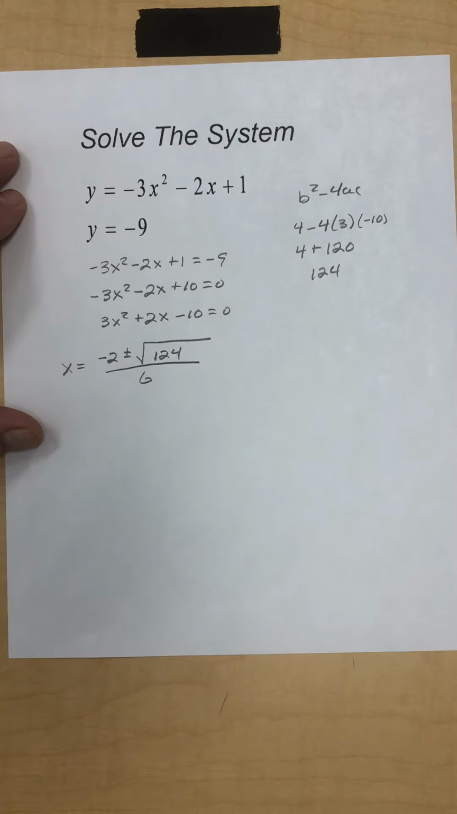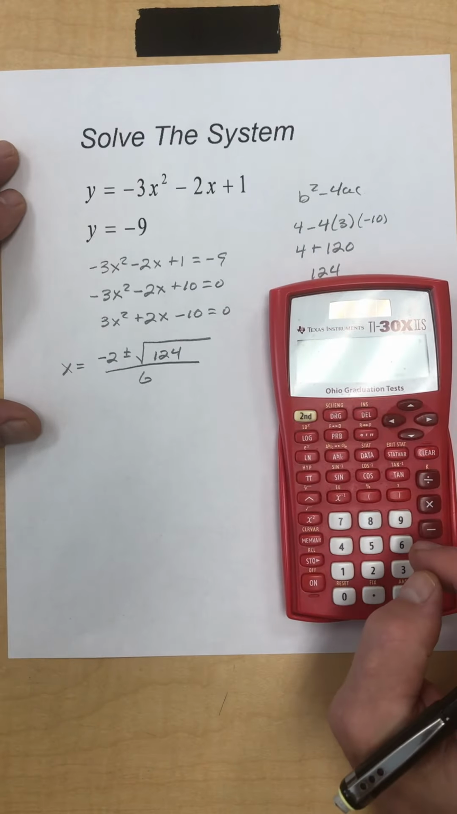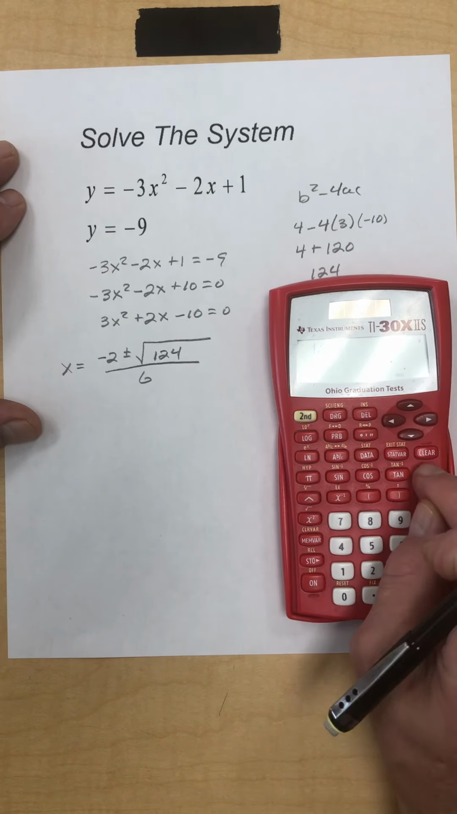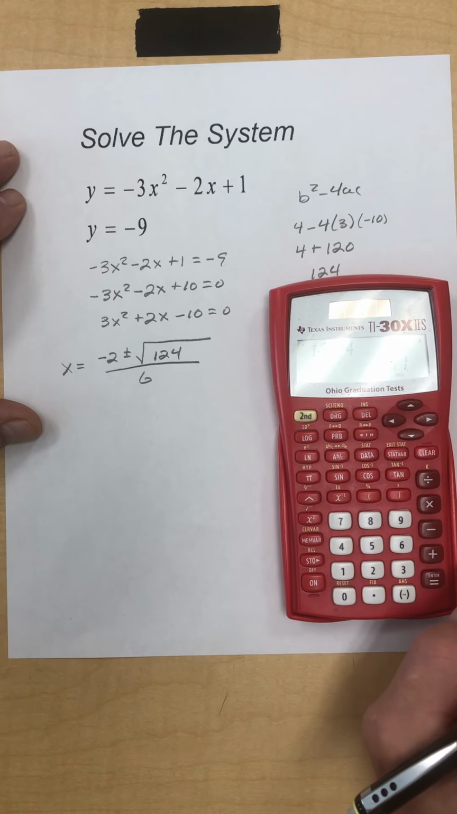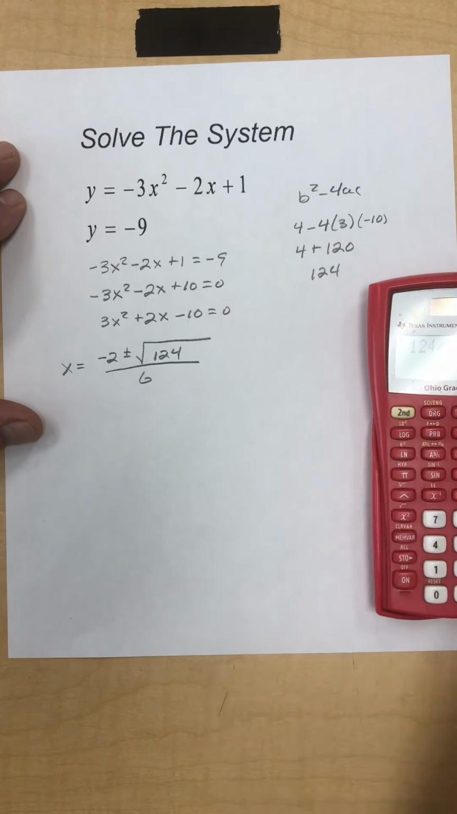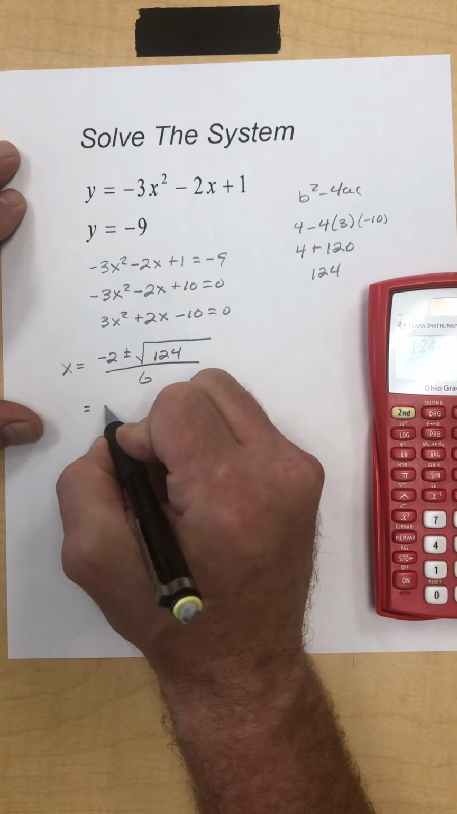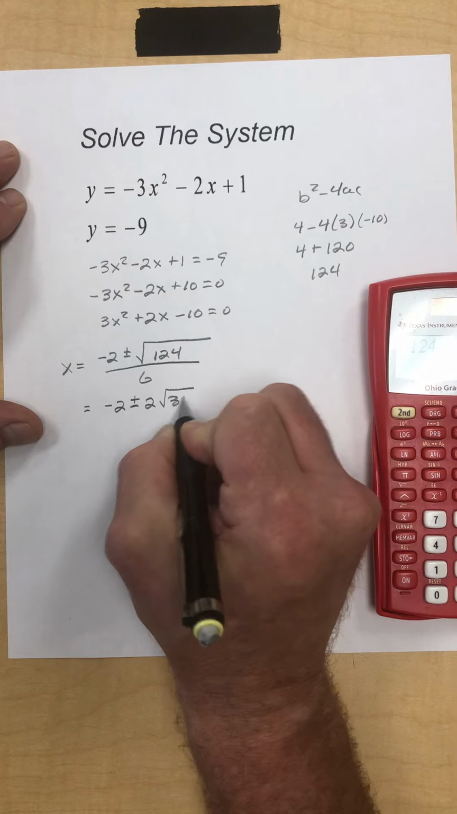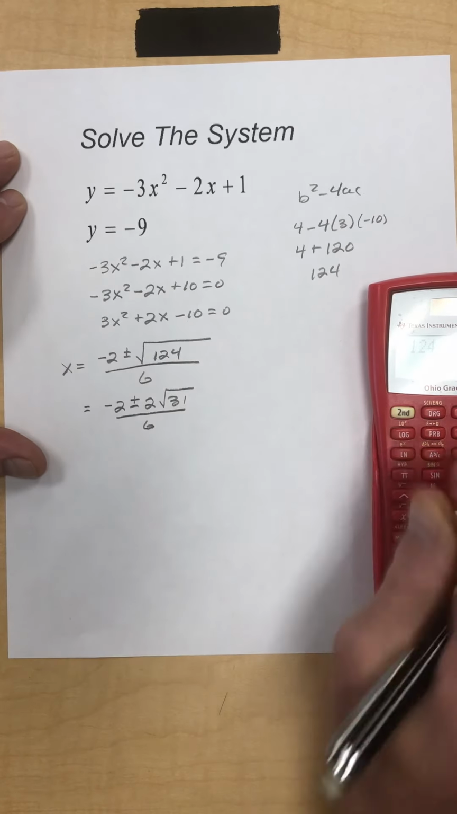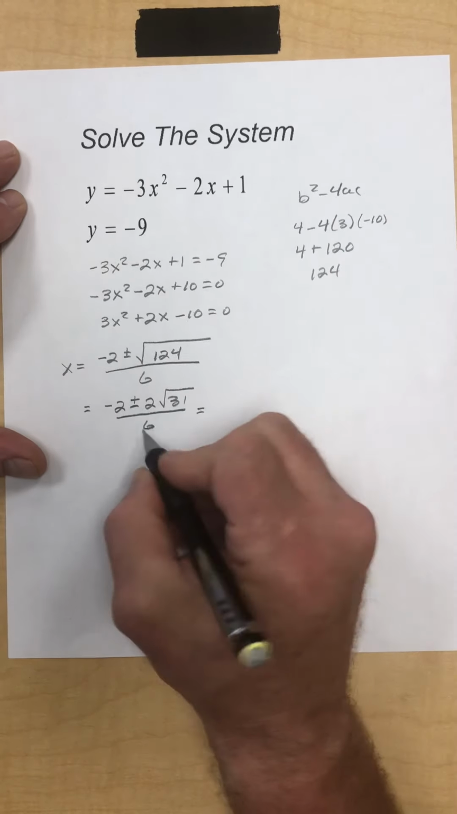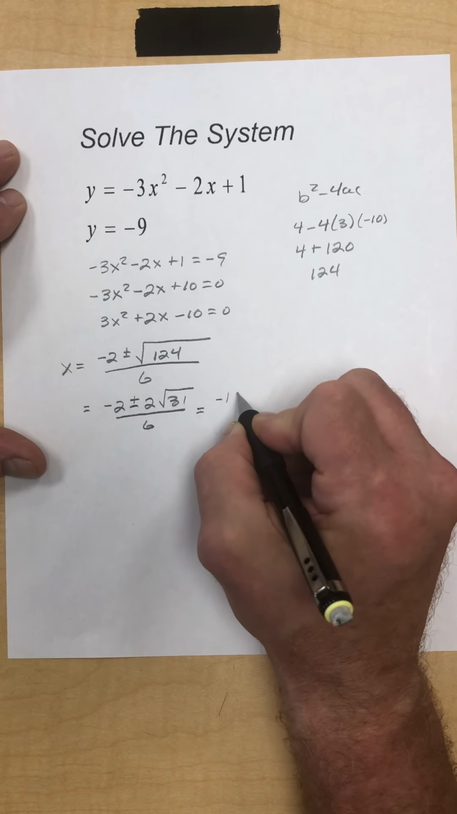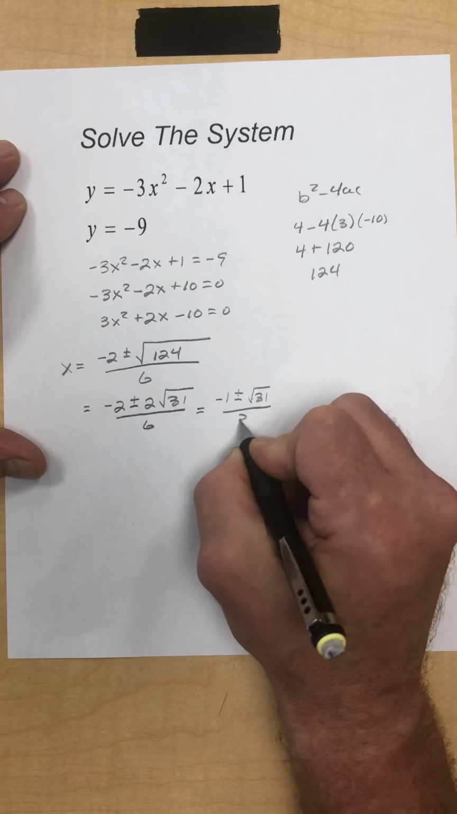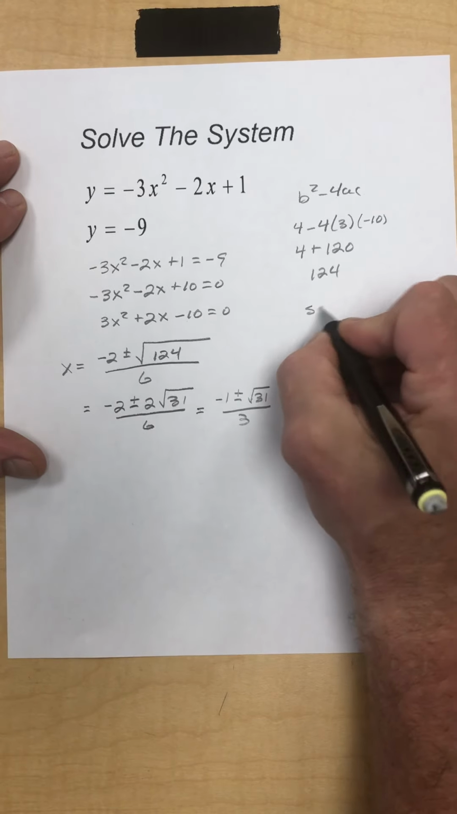Now 124 is definitely not in simplest radical form. So 124, let's see, divided by 4 at the very least. It's 4 times 31. 31's prime, so that's all I can do. So I get negative 2 plus or minus 2 times the square root of 31 all over 6, and then I can reduce that. Divide everything by 2, so I get negative 1 plus or minus radical 31 all over 3. Okay, so my solutions,